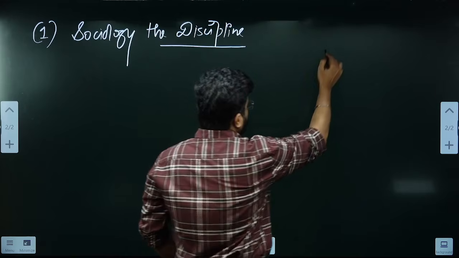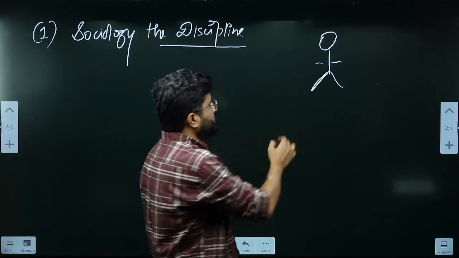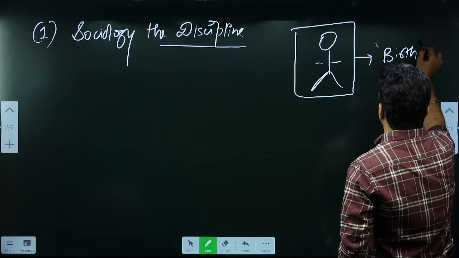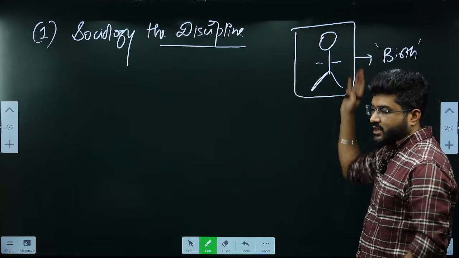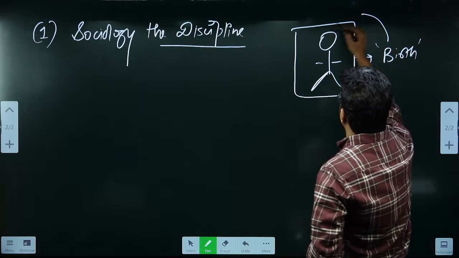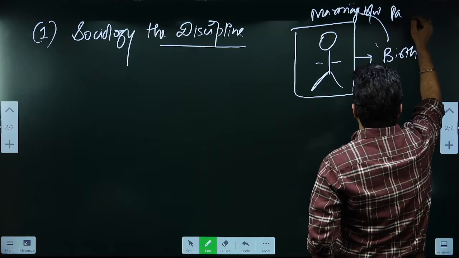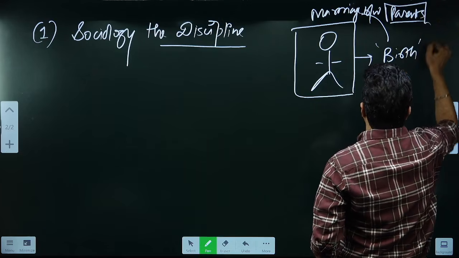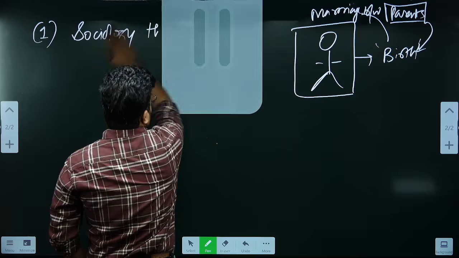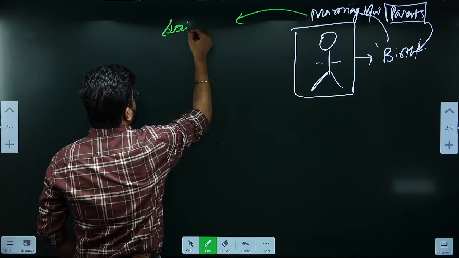Similarly, consider the birth of a child. Okay. Now, a child's life starts from its birth. But before birth in a traditional setup, there must be something which would have happened: the marriage between the parents. The marriage between parents has led to the birth of that particular child. So for us, to understand the syllabus, this marriage is nothing but the social changes